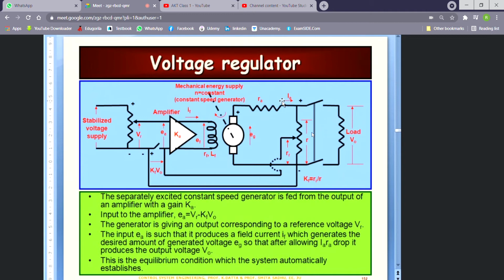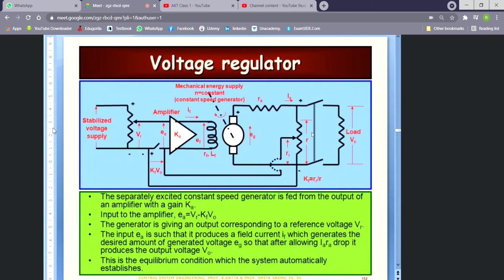So now we are going to see part by part, first of all, what is there in the system, and then we will try to see mathematically, as far as the model is concerned, we will have a look at the model, and then we will see how the objective of keeping the voltage at the pre-specified level is met by this particular system, right?